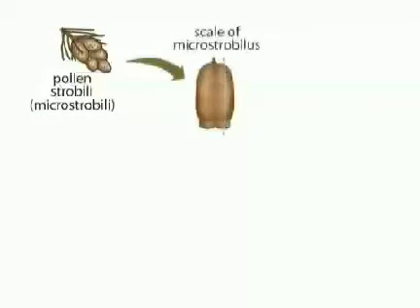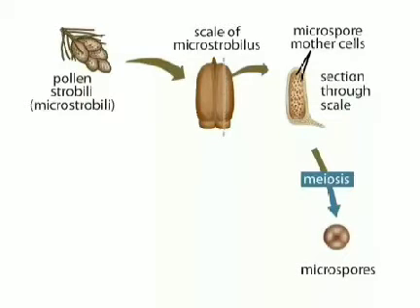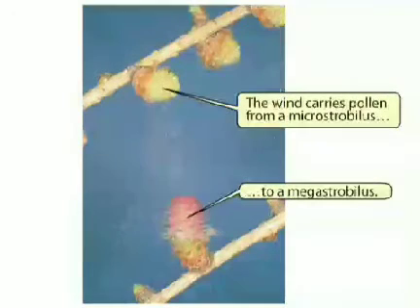Male gametophytes develop in a similar manner. The scales of the microstrobilus contain microspore mother cells. Meiosis gives rise to haploid microspores, which in turn mature into pollen grains, the male gametophytes. The production of male gametophytes in the form of pollen grains frees the plant completely from its dependence on liquid water for fertilization. Instead of water, wind assists conifer pollen grains in their travel from the microstrobilus to the female